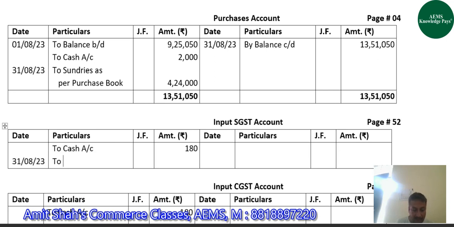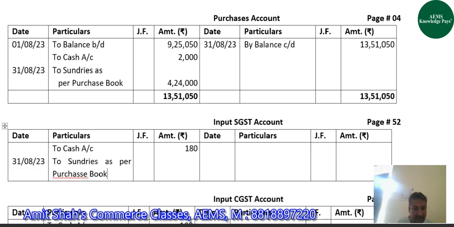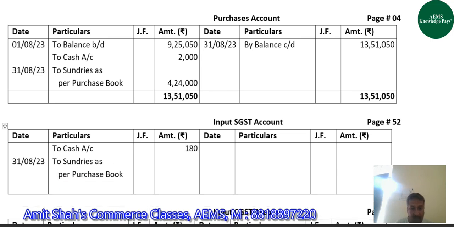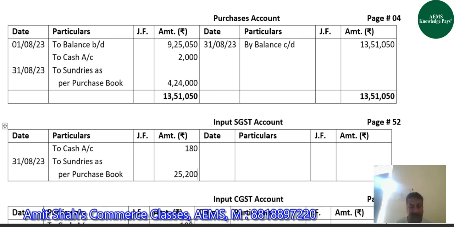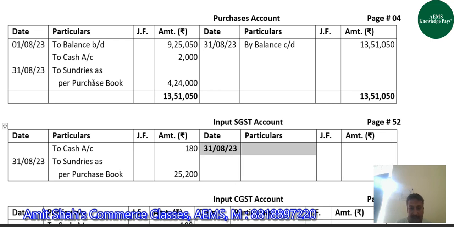Here also what he will write is sundries as per purchase book, 25,200. And then at the end of the month,